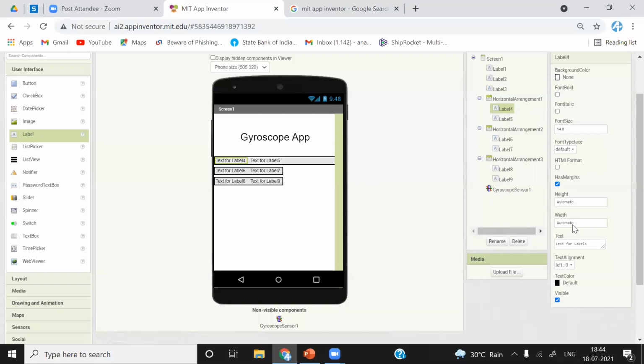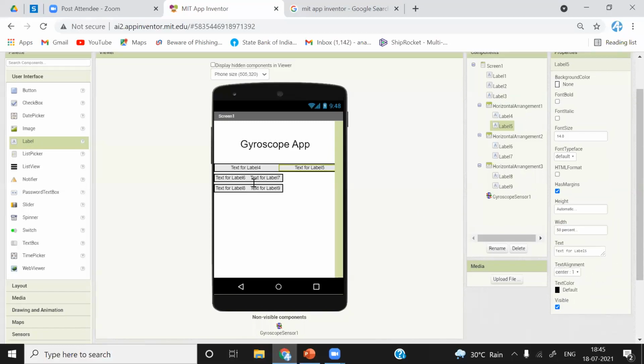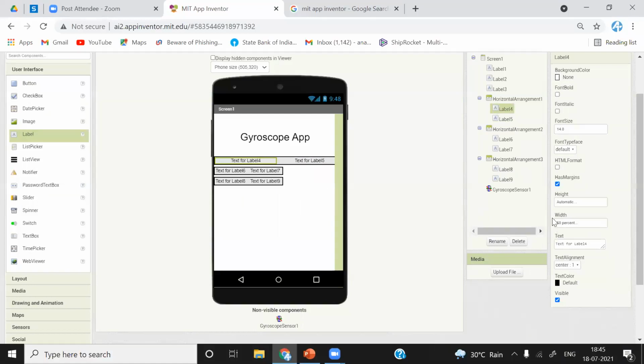So I will click on it and width, enter 50%, hit enter, and text alignment as center. Okay. Now you can see the symmetry. Similar to this, similar as first label, just click width 50%, text alignment as center. Now what we will do, will not change this height component. It must be automatic. So what we will do, we'll just change the text as 20. This is also 20.